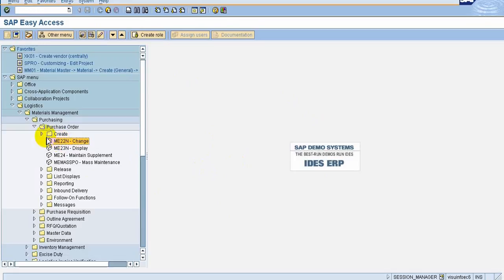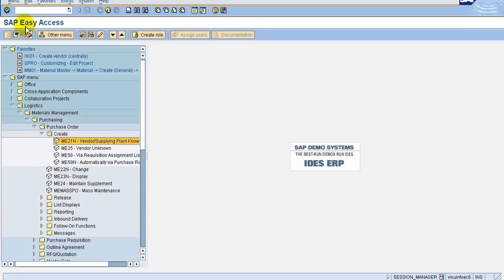If you go to create and put your cursor in this and then apply for execution, it will create a purchase order. So you can also double click on this. You can also use this to execute it. When you go into that transaction, this menu bar is going to change related to that particular transaction